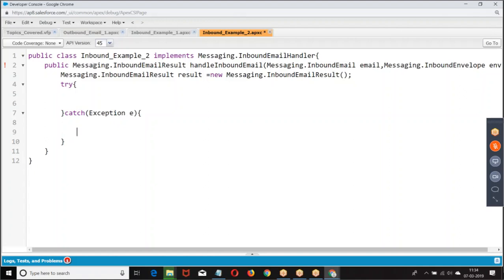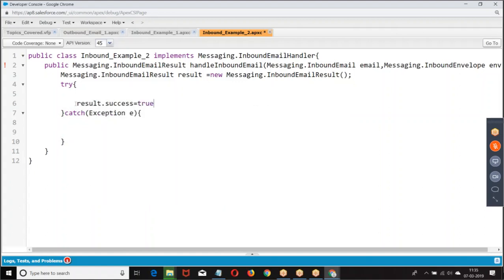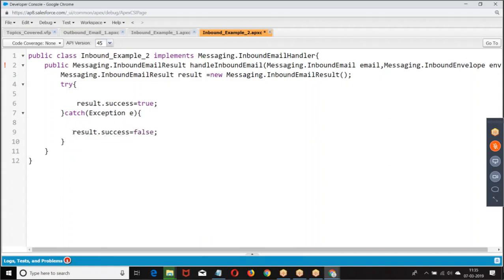Now, you are supposed to create a contact. How do you create a contact?